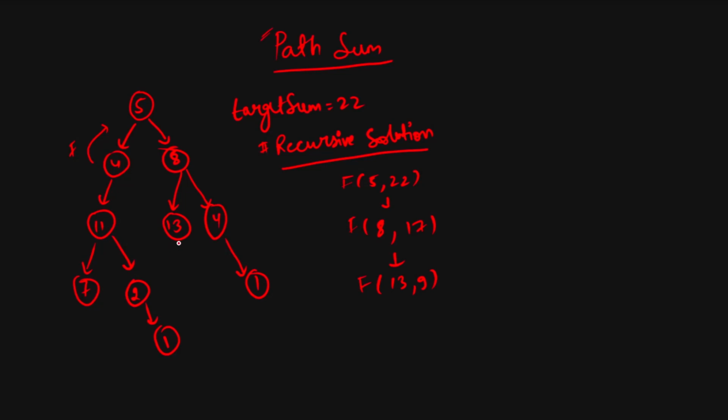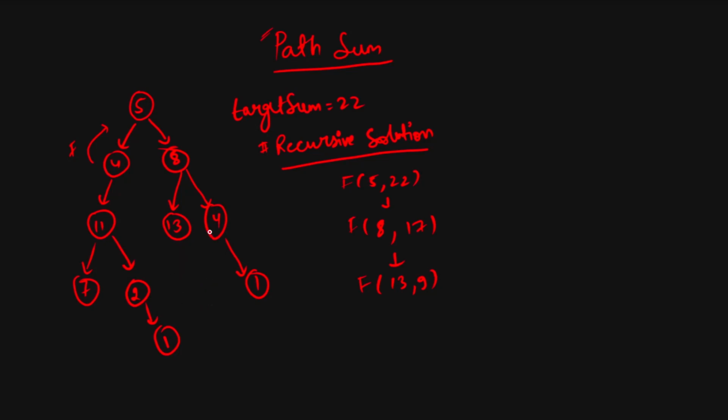And there may be one thing: it can have negative nodes as well. Now let's say if this is 13, I can have minus 4 as well. So there is nothing like that, if our target sum is equal to 0, or less than 0, or greater than 0, then we stop. We will stop our iteration if and only if we reach a leaf node. And from here we will return either true or false.